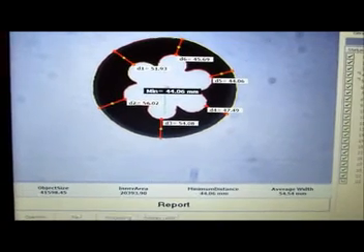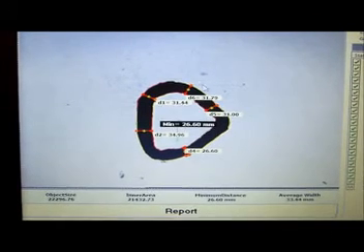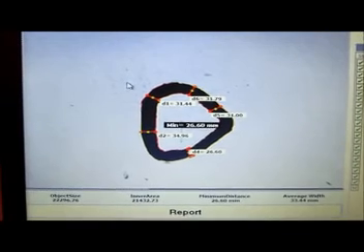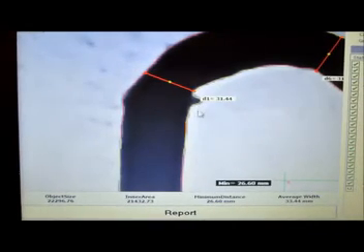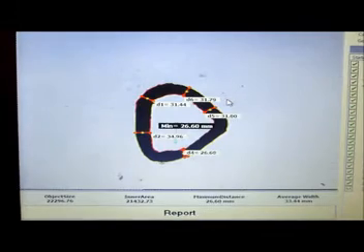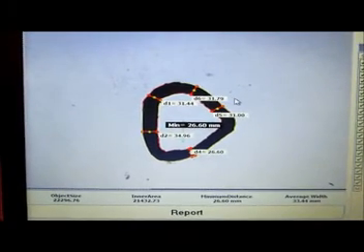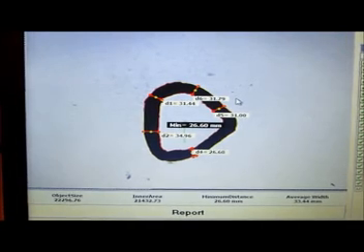Now let's change the sample. Now we have a sectoral sample like this. Now you press inspect. In a similar way, all the measurements will be done for a sectoral sample. The same way, first we detect the outer, then the inner, you can see, and then we divide them into sectors, we take all the 6 measurements. So likewise, any kind of cable sample can be programmed and measured.